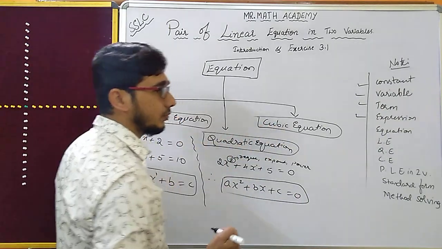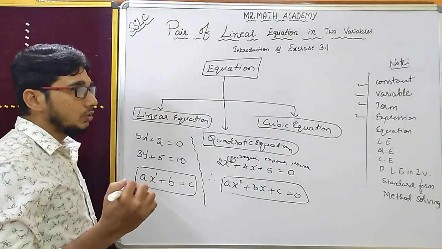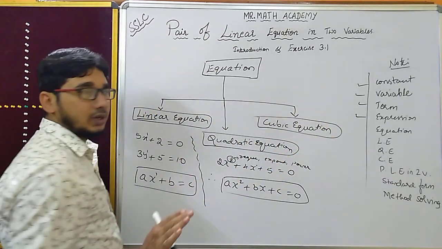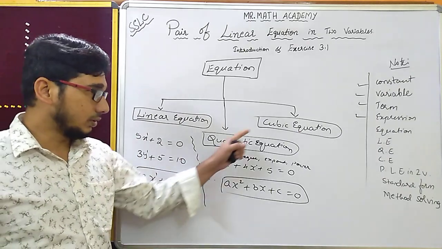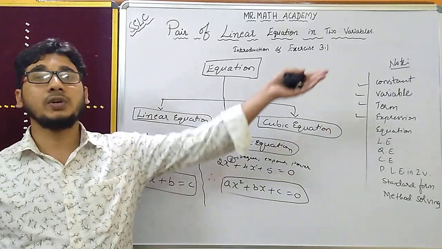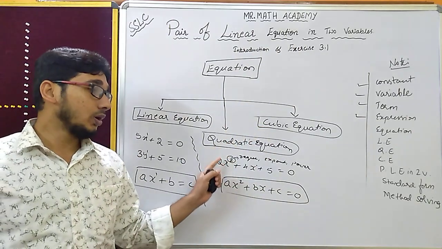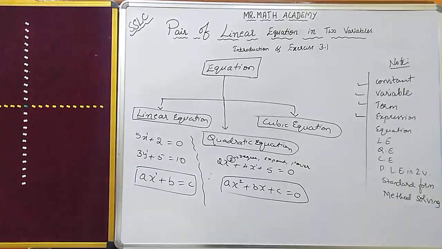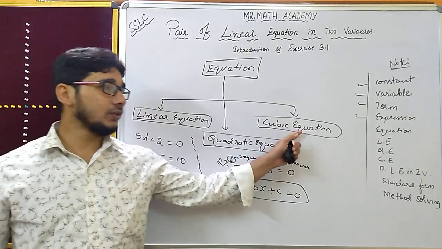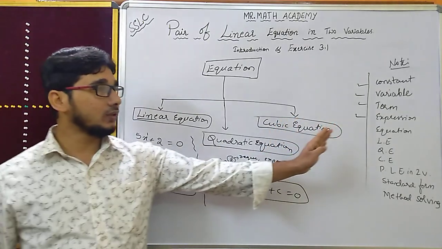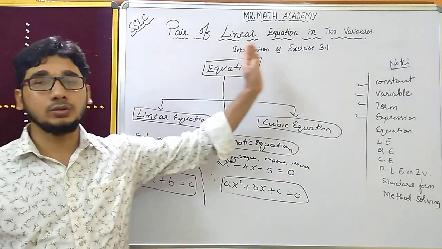Let us go for cubic equation. Cubic equation means like this only, same equation, whatever you want you can write. Remember, cubic means highest power should be 3. Like that, a fourth power equation is there, so highest power should be 4. No need to go for that right now because we have to go directly to the chapter.